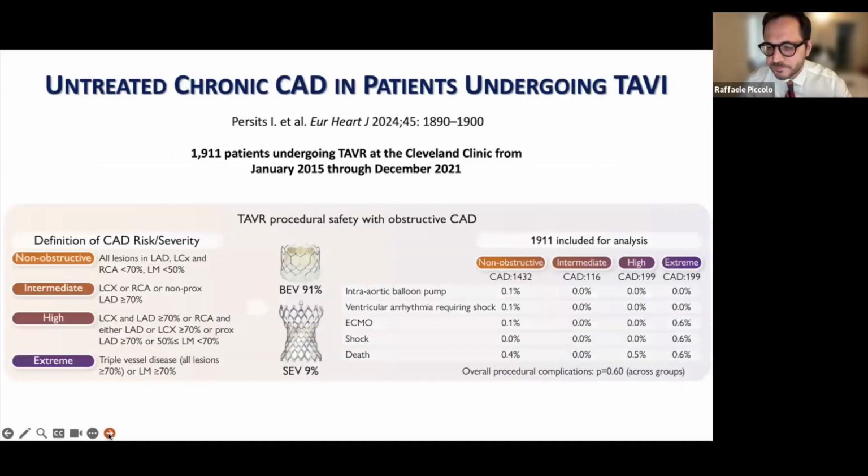If you go to the next slide, how can we put all these data in perspective? Revascularization is probably important in patients undergoing TAVI, but it is important in order to prevent the MI-related events, which are actually the natural history of untreated coronary artery disease. But probably it's not relevant for the TAVI procedure itself. If you look at the Kaplan-Meier curves, there was actually no hazard of performing TAVI without PCI during the first year. And if you also look at this very recent data from